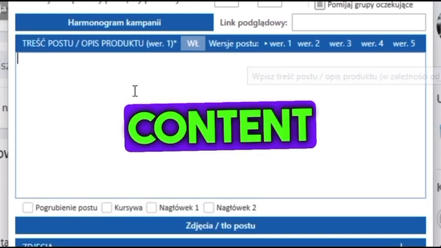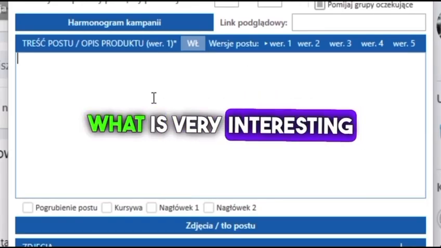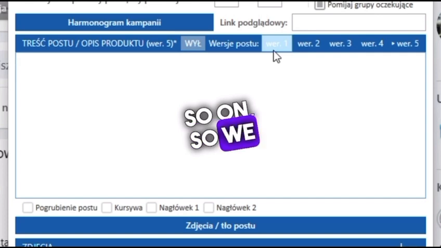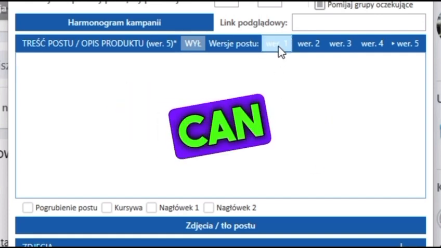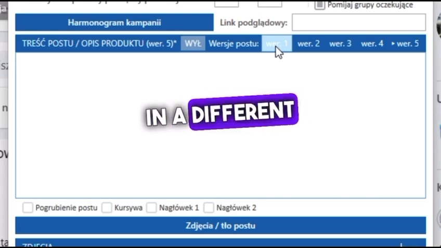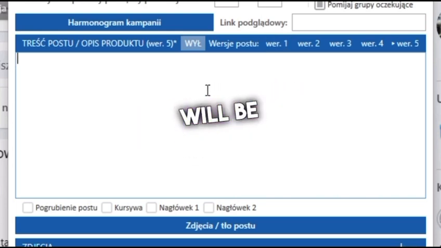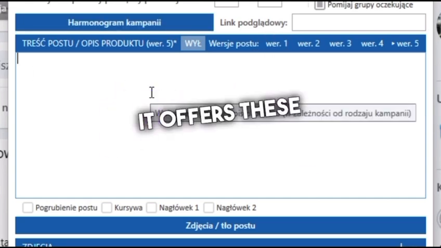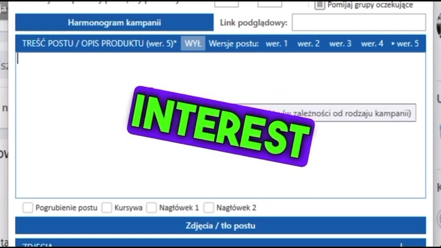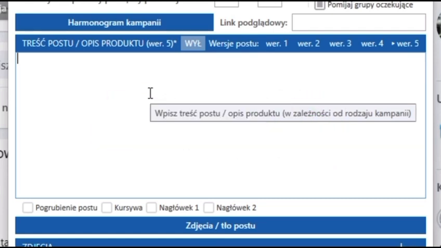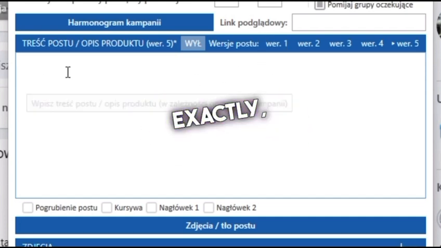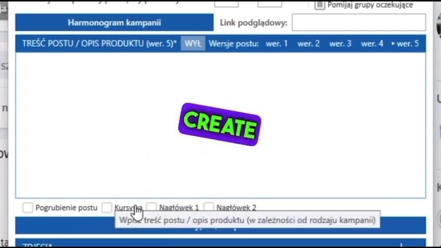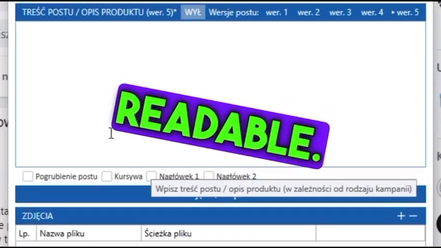Below we have a field for the content of such a post, and what is very interesting and beneficial, we have several versions. We have the first version, second, third, fourth, fifth, and so on. So we can make 5 versions of the same post. It can be similar or completely written in a different form and so on. And thanks to that, the bot will be randomly alternating these versions, so it definitely shows this diversity. It offers these various options of interest to people where such a post will be published. So here we enter this option exactly. In addition, we can also bolden such a post, add italics, that is slant, create headers so that it is more visible, readable,